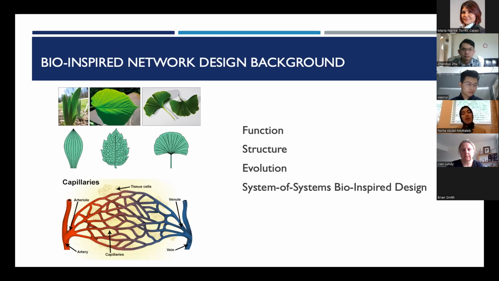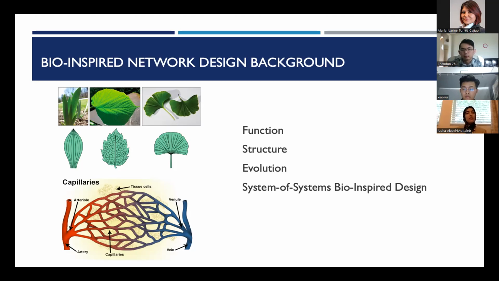However, the biological networks have evolved over a very long time, much longer than urban infrastructure systems. And so perhaps we may gain insight into how they adapt and how they grow and how they manage all of the stressors that act on them as well. And in addition, in the field of biological networks, network scientists and mathematicians have been studying the growth of biological networks for a very long time.